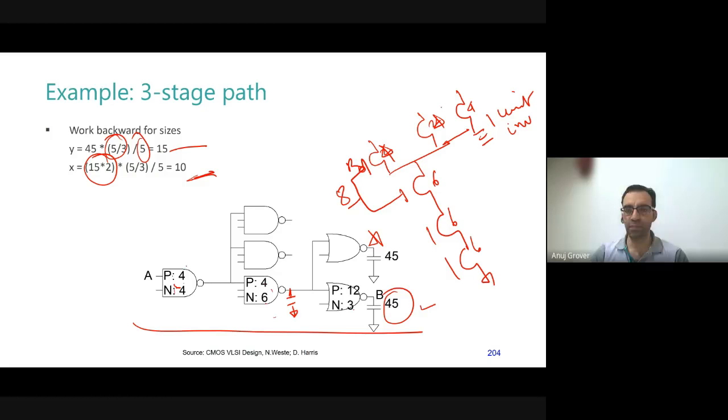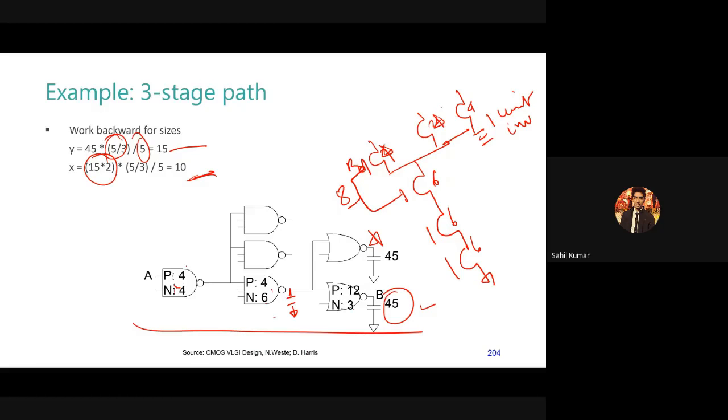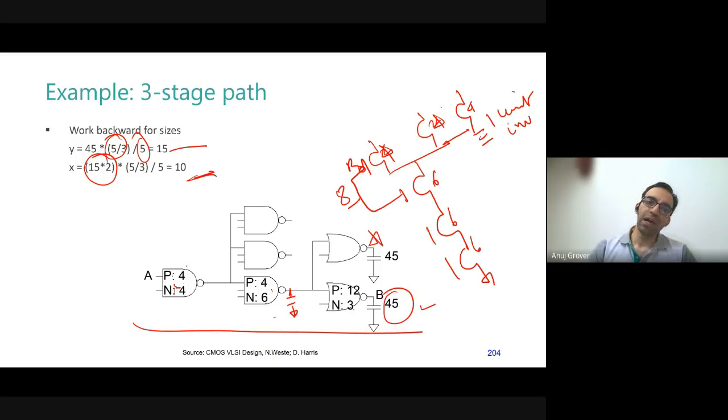Sir, I'm a little confused. Sir, on Friday's class, when we discussed the RC model, can I relate that to this branch also? मतलब मैं अगर first NAND gate लूँ, जो 2 input है, मैं उसको RC से relate कर सकता हूँ? देखो साहिल, मैं वही बात कर रहा हूँ. If you want, you can actually make वही पहले भी यही सवाल था कि मैं इधर RC model कैसे बनाऊँ? Yes, you can make an RC model for everything over here.